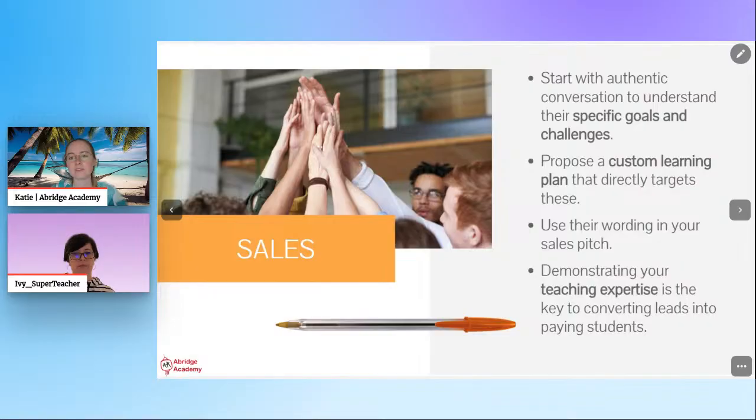I get a lot of teachers who reach out to me saying, "I need students. I want to work on this. I need to work on my marketing skills, my sales skills." But I think sometimes a really underlying challenge for a lot of teachers is demonstrating your teaching expertise as much as it is actually getting leads in the first place. So if you get a lot of people following you on social media, perhaps, or they take trial classes with you, but they're not converting into paying students, then it might be a signal that you need to work more on the teaching aspects of it and demonstrating your teaching skills, making it more measurable, making the results that your students are getting more obvious, to help with those conversions.